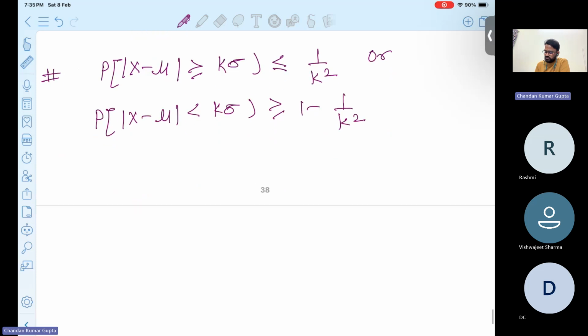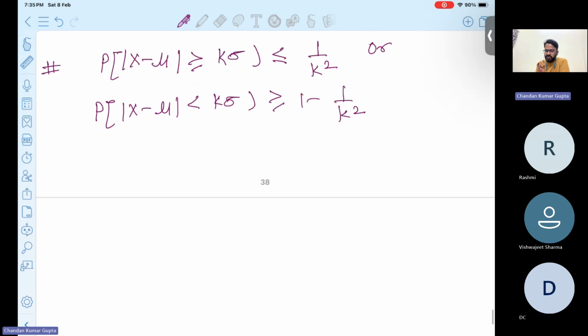Also, some people may use a similar form, replacing sigma from the left side to the right side. So you may also use those if you want to, but we may use this as well. Okay. So now the question is,